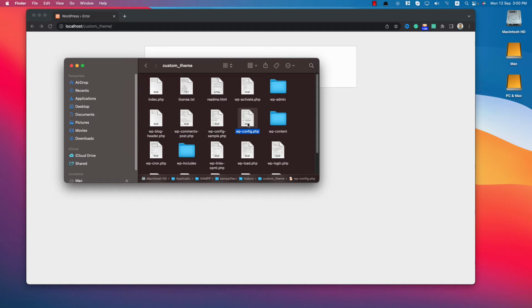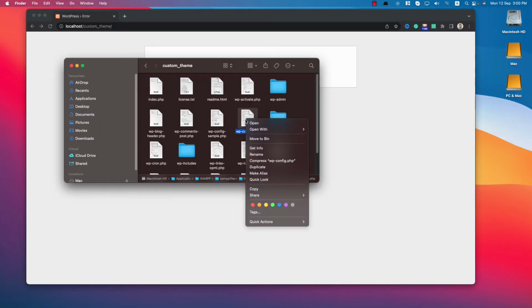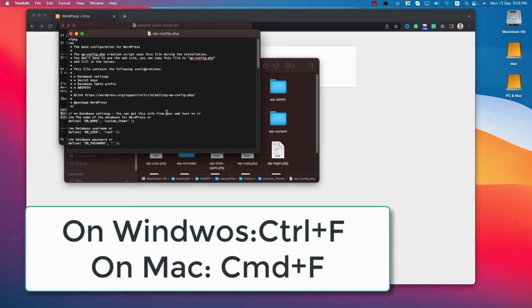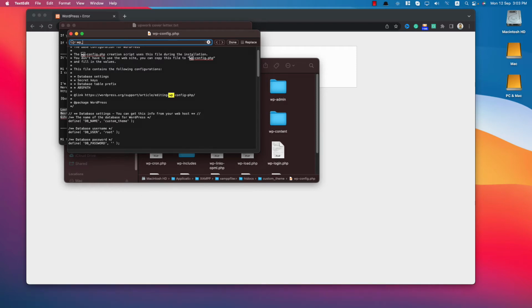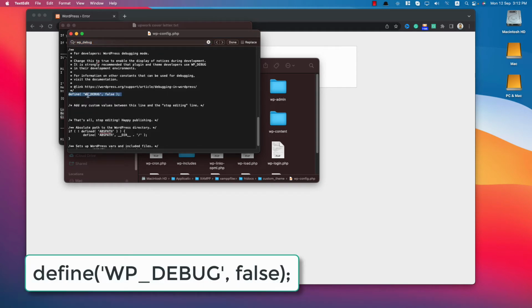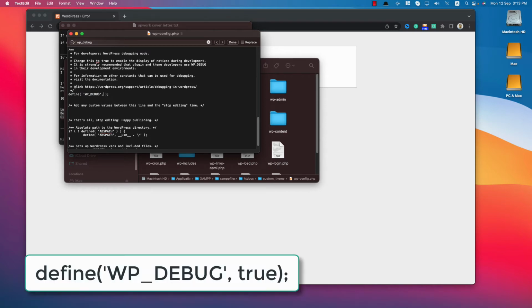I will open this file in a text editor. In your case, you can open it with the text editing software of the file manager in cPanel. So I will right click and open this with a text editor. Okay, now I press Ctrl F or Command F and type WP_DEBUG. Then press enter and you will see a code like define WP_DEBUG false. If you see this type of code, just remove this false part and make it true,